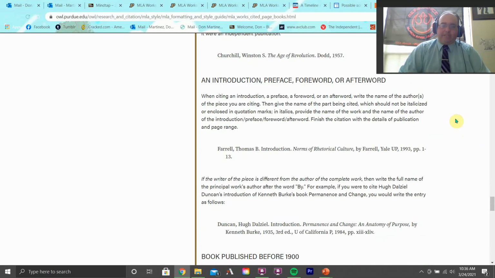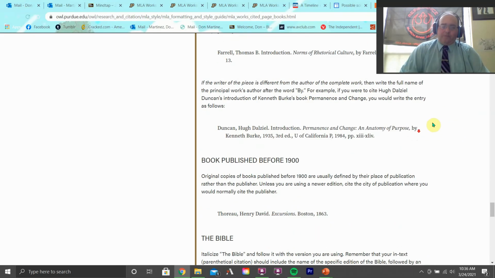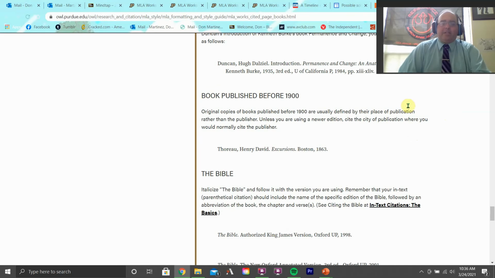Then we have citing an introduction, preface, foreword, or afterword. And then here's an interesting one. The book published before 1900. The main change here is going to be the publication information. In books published before 1900, the more important thing is where it was published rather than by whom. So, whereas you'd have a publishing company and then a date for a book in the 20th century and beyond, for pre-1900 literature, if you're using an original copy,